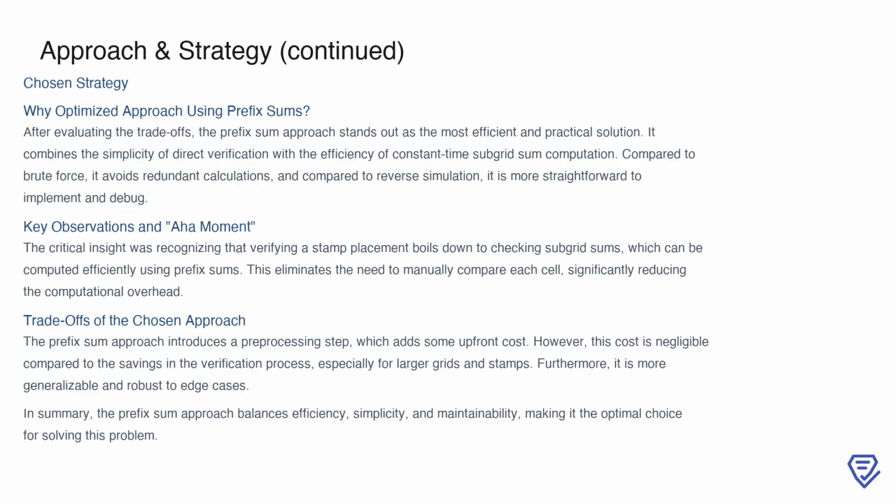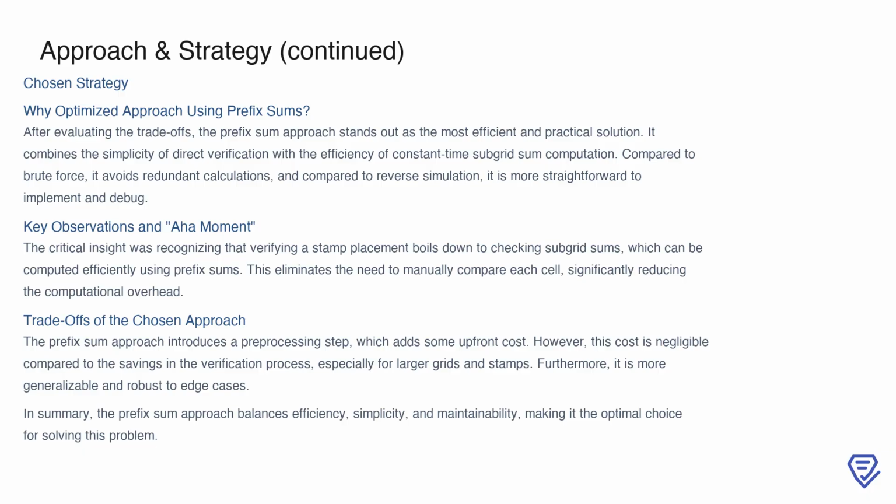While the prefix sum approach introduces some upfront cost for preprocessing, this cost is negligible compared to the performance gains during the verification process, especially for larger grids and stamps. Furthermore, it is robust and generalizable, making it less error-prone and easier to adapt to edge cases. Overall, the prefix sum method provides an elegant and scalable solution to the problem, making it the optimal choice for